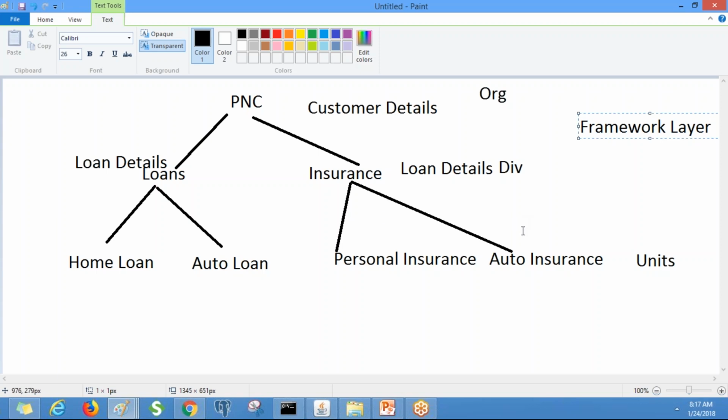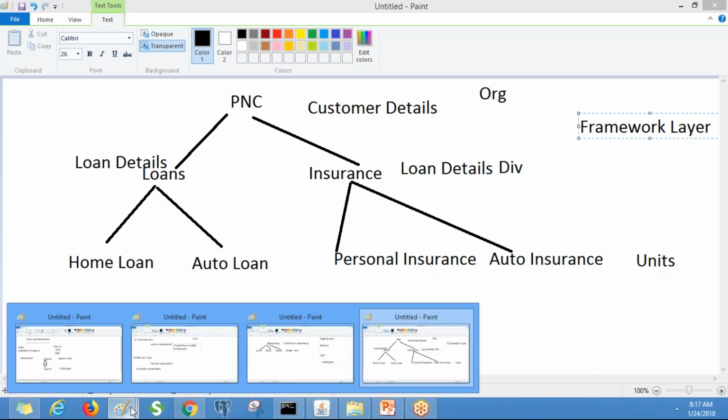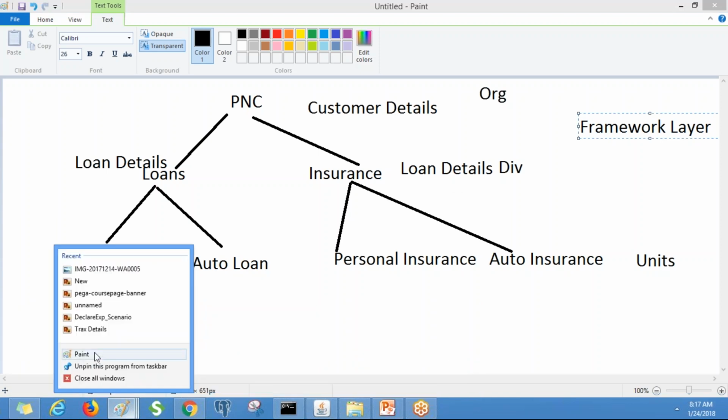Clear? Similarly, we can have a framework layer for insurance also, so you can directly utilize the characteristics defined under the framework layer. Clear so far? Yes.